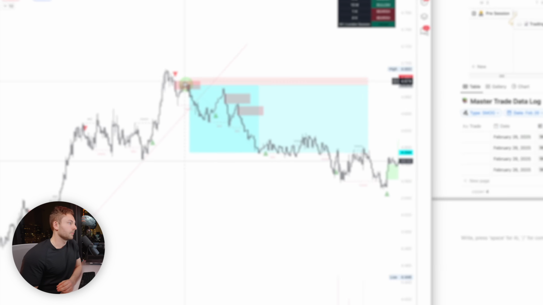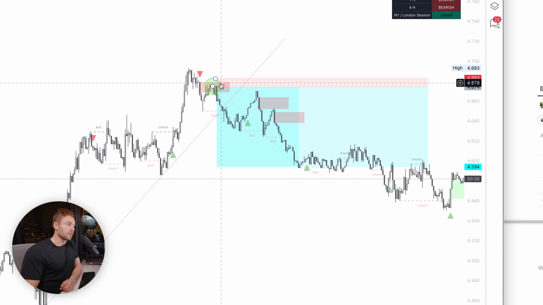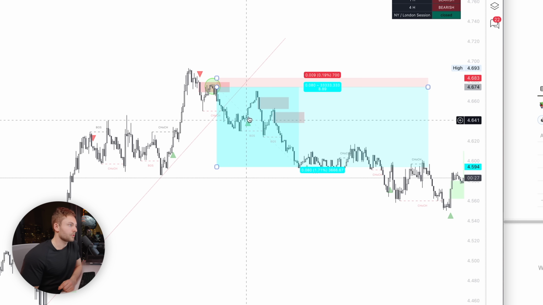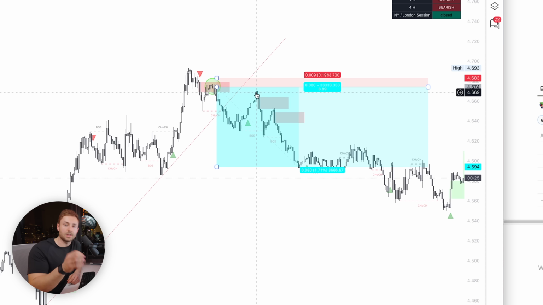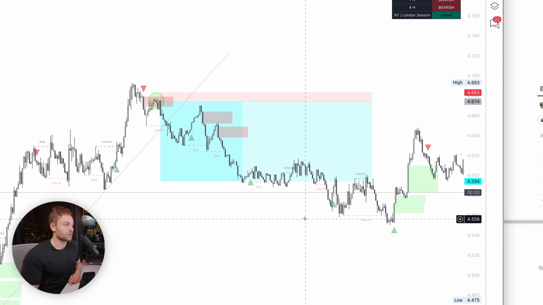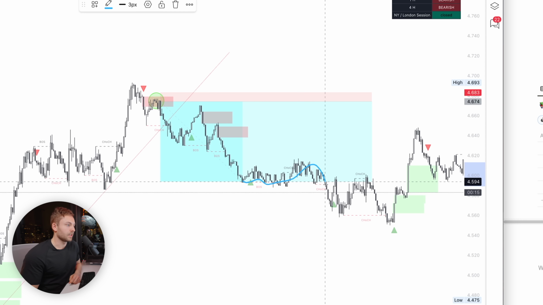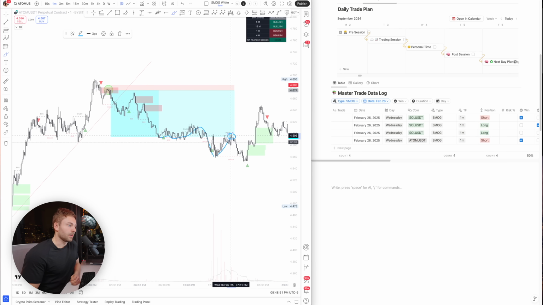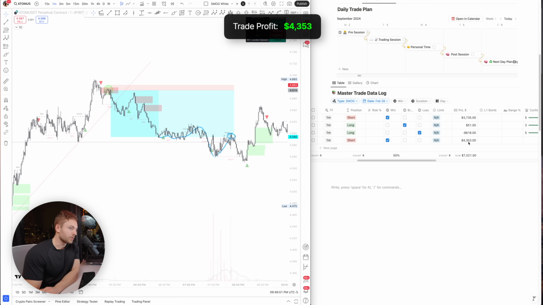Okay, took a really, really nice entry in here. Super tight stop loss on this trade, which was awesome. We got a push down, came almost back up to stop us out for break even. Luckily, it didn't. Came down, continued trading down for the session. Okay, I let this run a little bit. We ended up breaking down lower here, right in this area right here, for a total after fees of $43.53